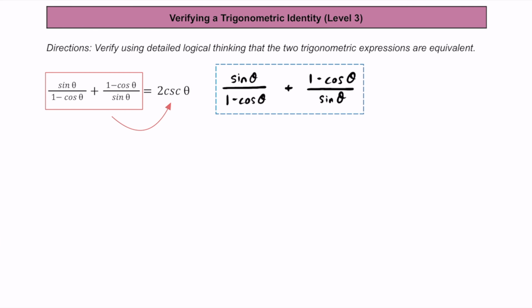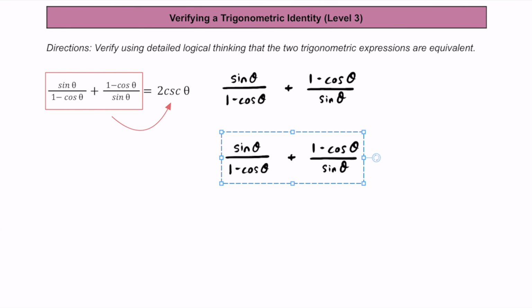So let's go ahead and take this original expression and copy it over here where I have a little bit more space. And to get common denominators, this denominator over here is missing the sine of theta that the other fraction has down there, and this fraction over here is missing that 1 minus cosine of theta that the other fraction has